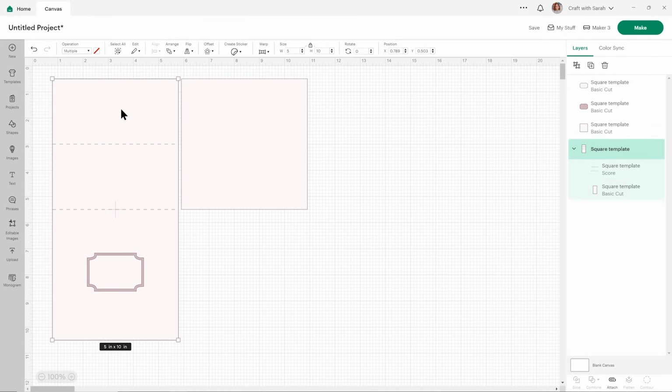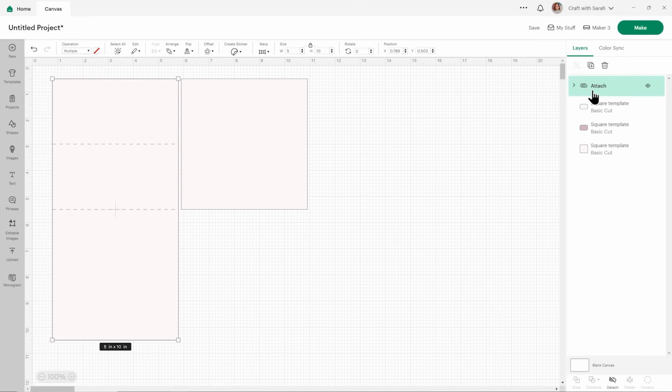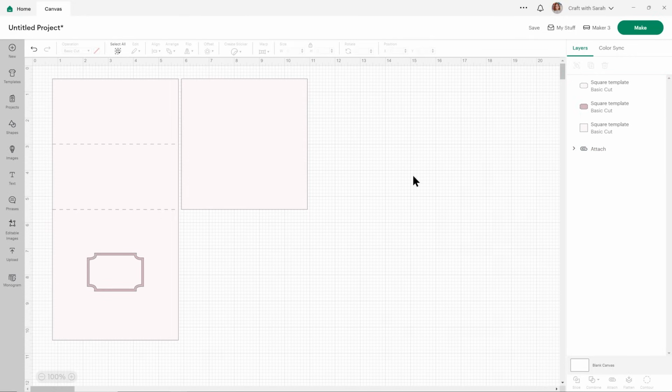And then click back to select that group. So you see in the layers panel, we've got those 2 layers selected. Press attach. Attach is what tells the Cricut to do the scoring on that bit of card. It moves it to the front, so we can go arrange, center back to move it back down to the bottom. And that's all I'm going to do to this. I'm going to cut it out now as is because I want you to see just how simple these cards are to put together, and then you can customize them with whatever details you want to add.